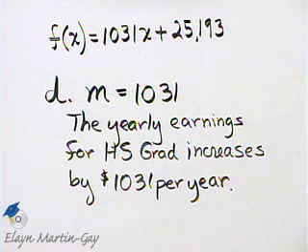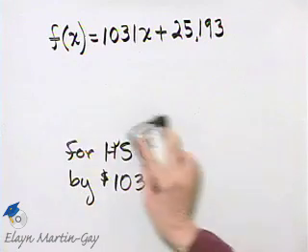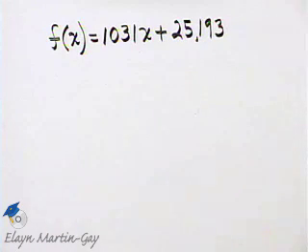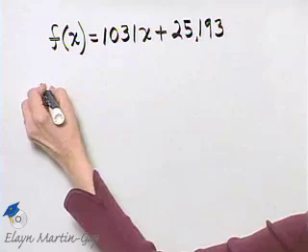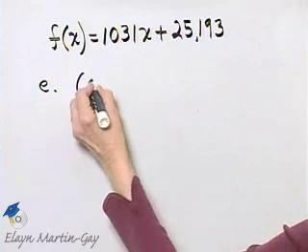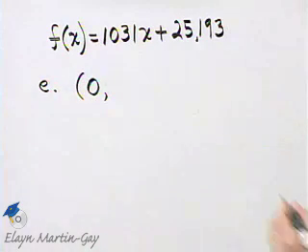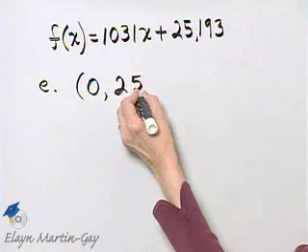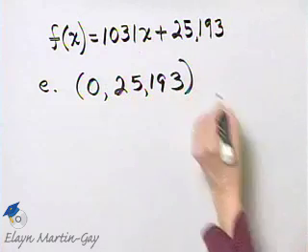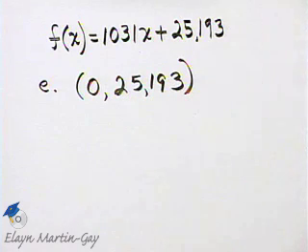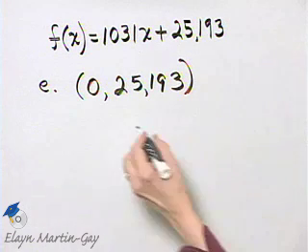Find and interpret the y-intercept of this function or equation. So let's move to part E. What is, first of all, the y-intercept? All right, the y-intercept is (0, b), and b in this case is 25,193. There is the y-intercept. What does this mean? That salary was 25,193. So in the year